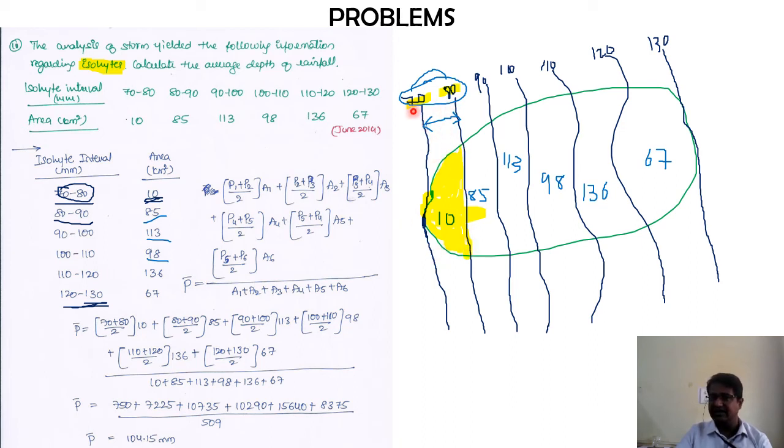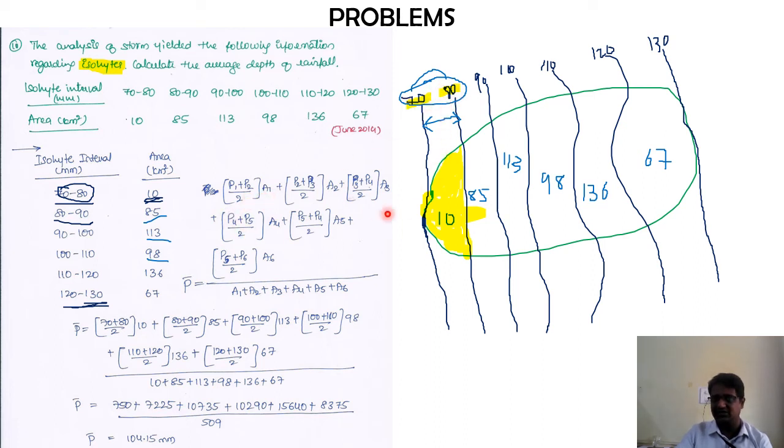So that's why what I'll do, I'll take the average of 70 and 80, which is the iso height value. Then I'll multiply it with the effective area. If I try to represent that in a formula, the average precipitation will be P1 plus P2 by 2, that is, the arithmetic average of 70 and 80,